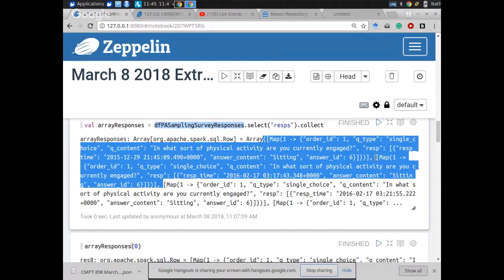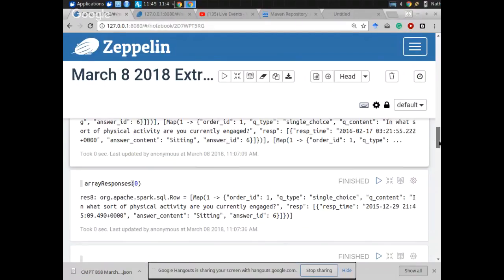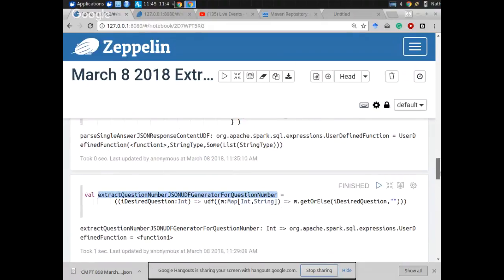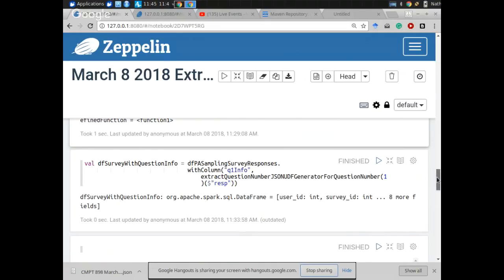In many surveys there would be 20 questions or something. We created this UDF generator for a question number. Its job in life is you give it question 1, and it will give you back a UDF whose job in life is to extract question 1. Or you give it question 20, and its job is to extract question 20. And using that generator,